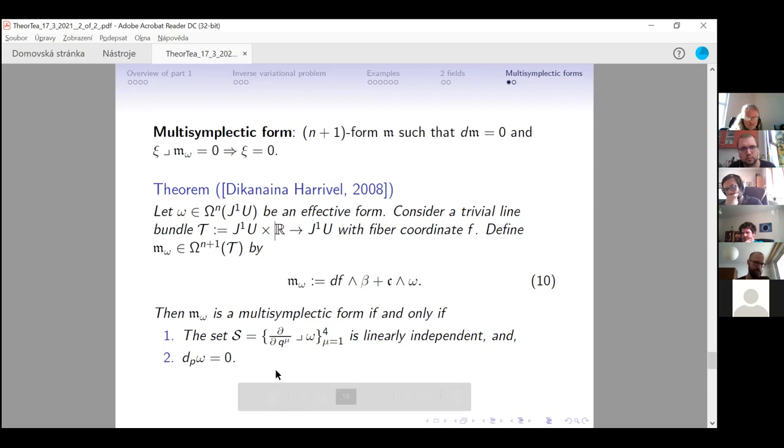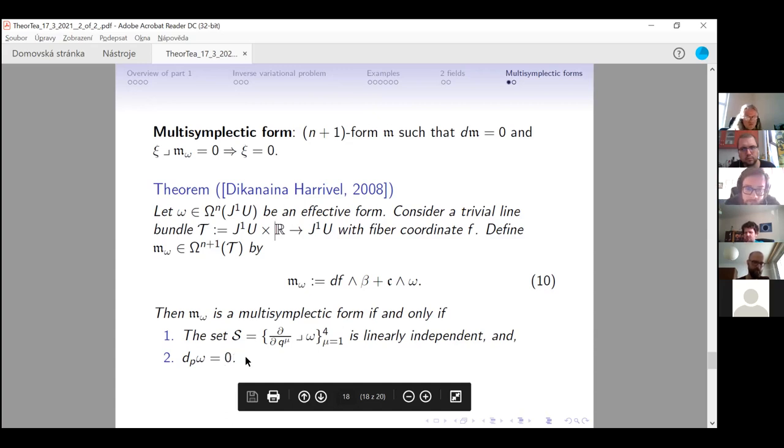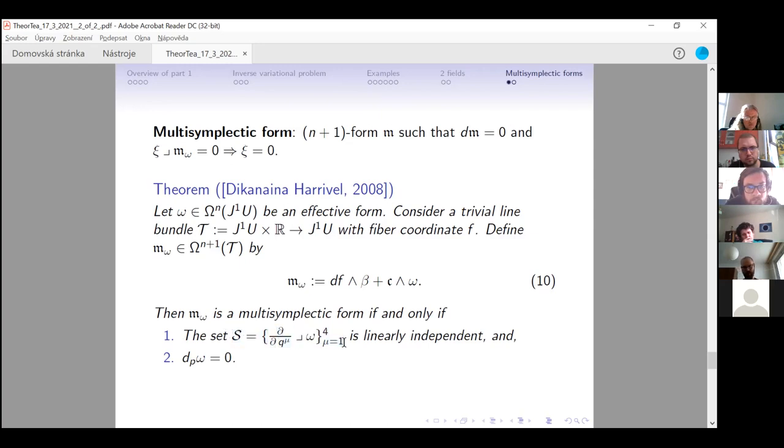In all our cases, this is satisfied, both conditions. The second condition is easy to see because all forms that we used are constant coefficients forms. So it's immediately seen that the projected derivative will be 0 on them. And to show that they are linearly independent is that this set, which is constructed by taking your effective